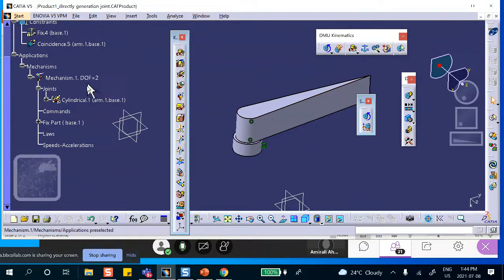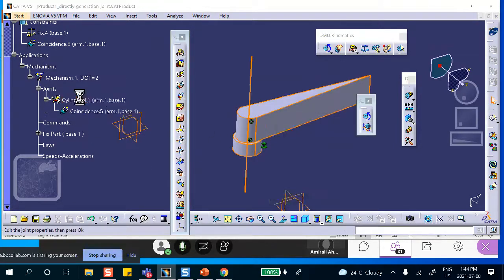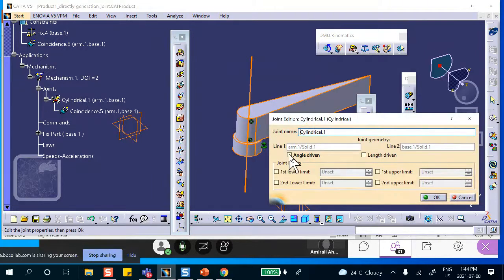Now, how do you make this thing 0? Because without making 0, you can move things. If you double click on cylindrical joint, you can make it angle driven, 0 to 360, and length driven, 0 to 4, something like that. So it has 2 degrees of freedom: angular position